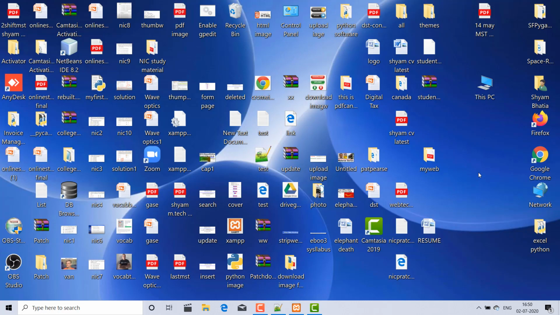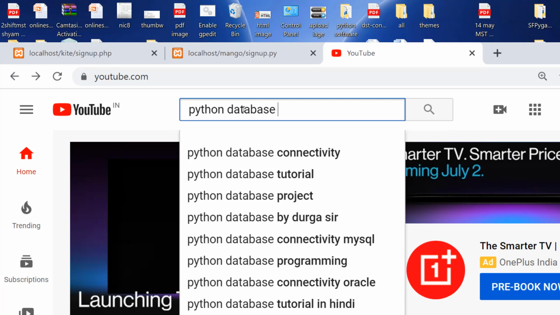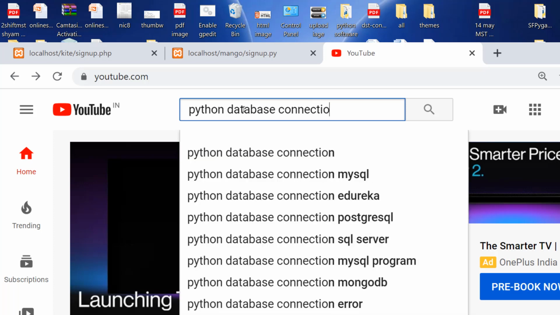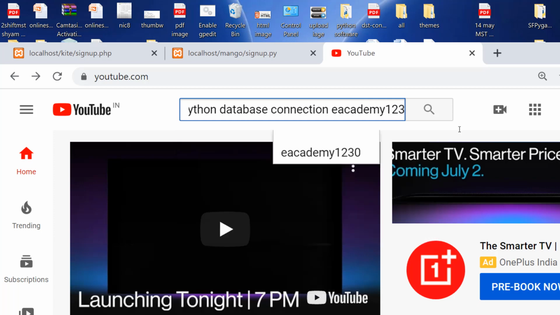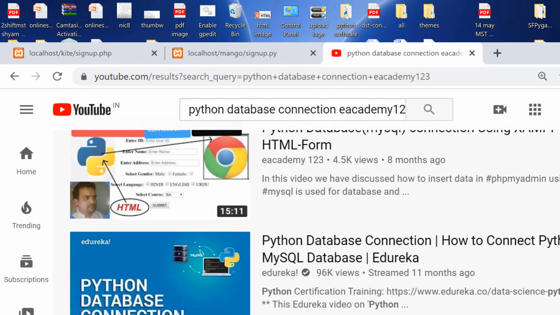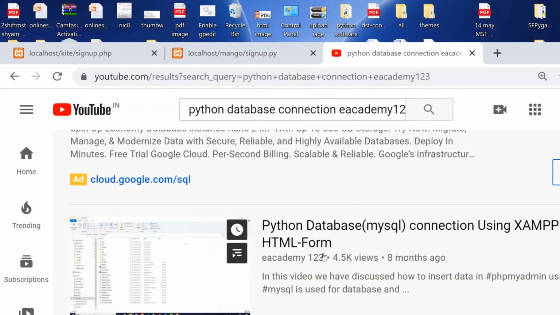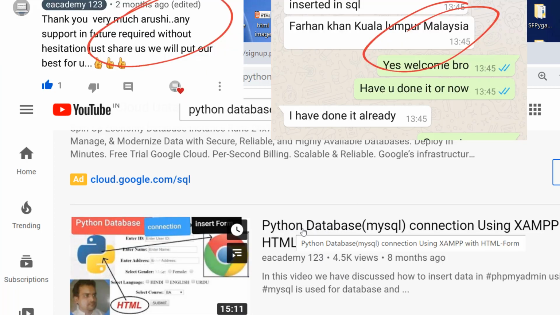Today we will discuss a more professional video and a more professional topic about Python: all database operations, insert, delete, update, search, as well as the login system. First of all, how to log in as admin. If the admin is not registered, she must first go to the registration page, and after registering, she will log in again and navigate to the proper main website, and here she can do all that she wants to do.